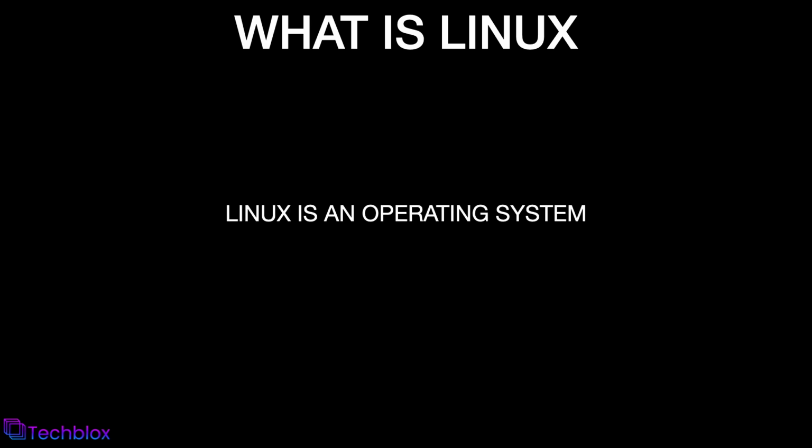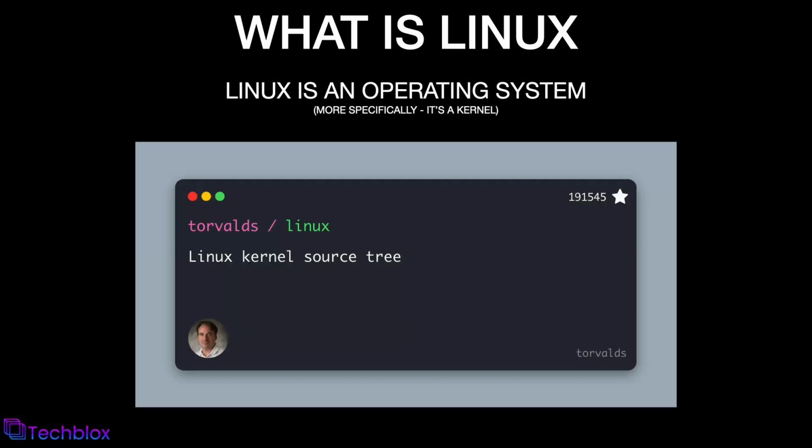Before we jump into terminals and commands, let's take a step back. Linux is an operating system, but more specifically it's a kernel that powers a huge variety of systems around the world. From servers to smartphones, smart TVs to containers, Linux is everywhere. But here's the thing, when most people say Linux, they're usually referring to a Linux-based operating system, which includes the kernel and a collection of utilities, tools, and libraries that work together to make your computer function. Linux is known for being open source, which means its code is freely available for anyone to inspect, modify, and distribute. This openness is a big reason why Linux has become so dominant in the server and DevOps world.